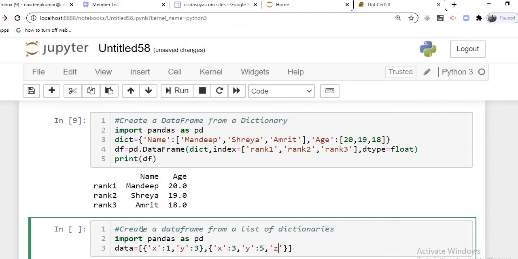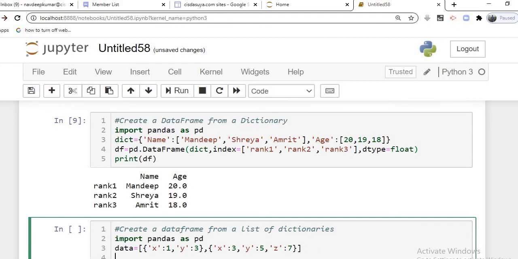Z, and its corresponding value is, let's assume, 7. Okay, so here we don't have to place equal to, here we have to use a colon.